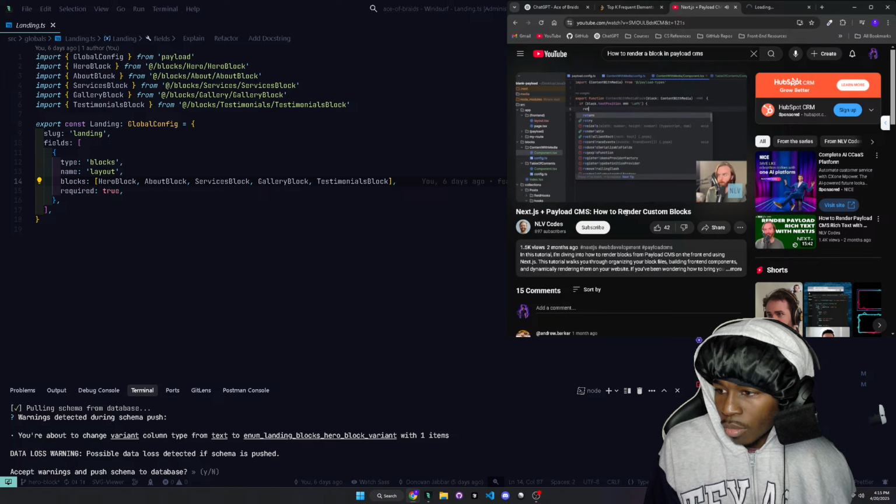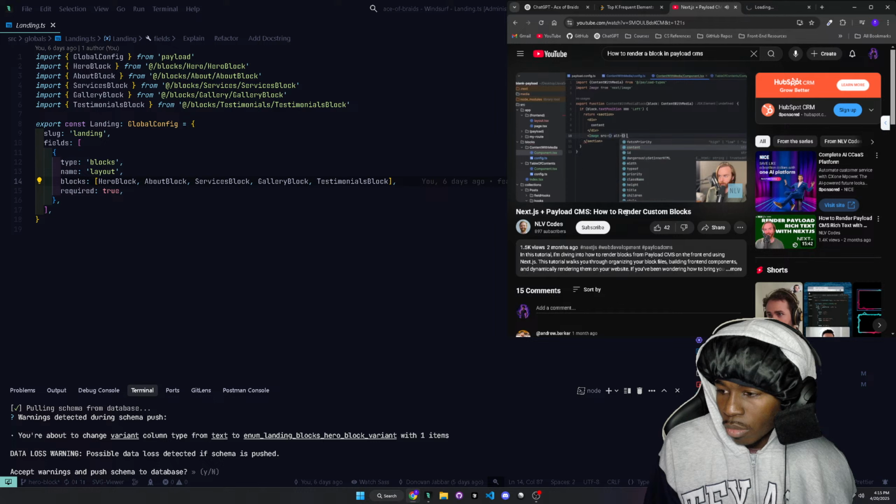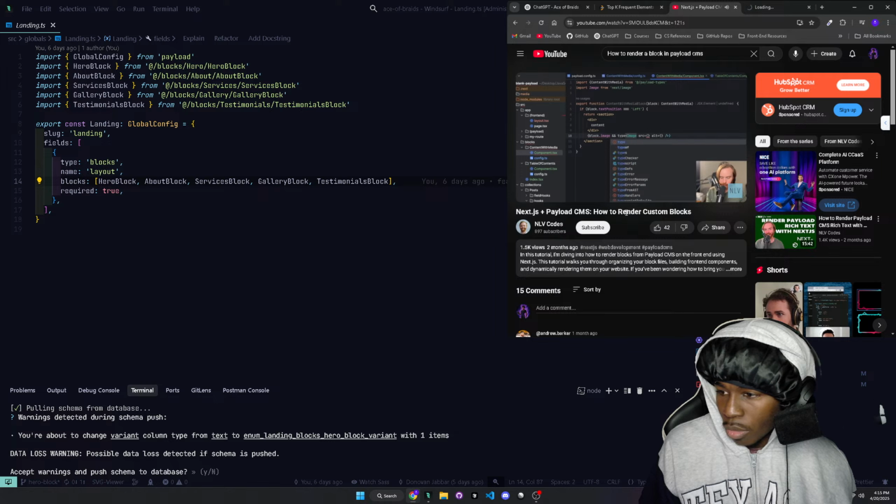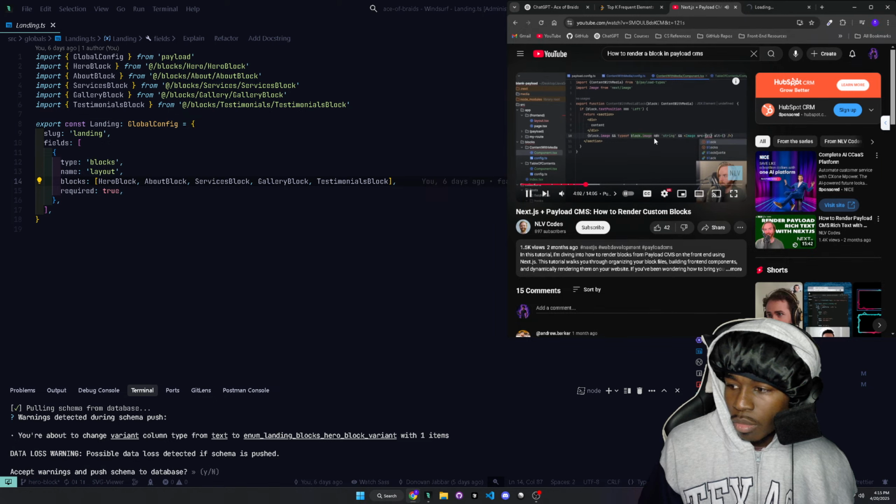We're going to return a section that's going to hold a div for our content, and we're also going to have a next image component. Now, a couple of things need to happen for this image component. First, we're going to wrap it in a conditional check and make sure that the image exists. Next, we're going to make sure that the type of that image is actually an image and does not equal string. If all of that is true, then we can render the image using our block